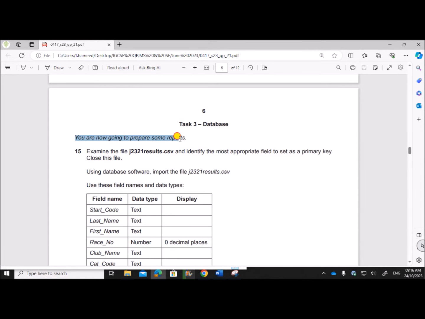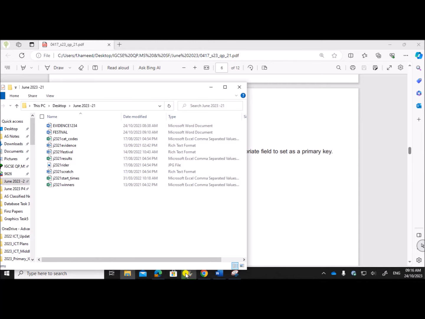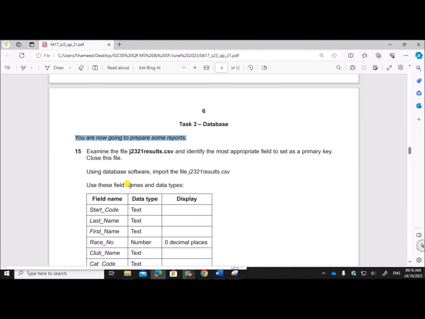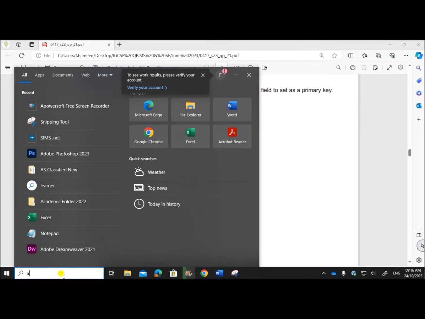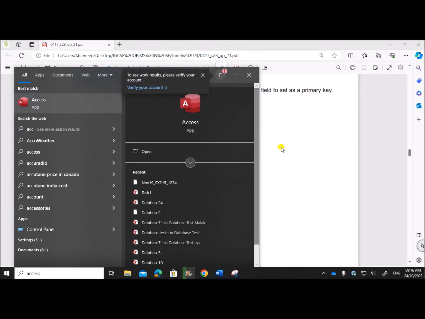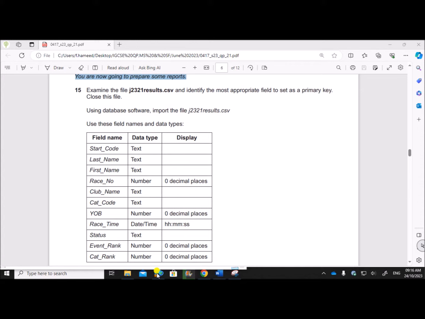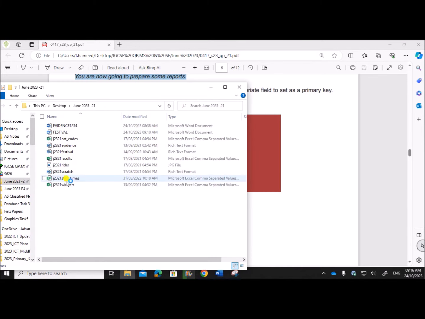You are now going to prepare some reports. So we have all the files here. Examine the file results.csv and identify the most appropriate field to set as a primary key. Using database software, import the file J321 results. So let's open Access. If you open results,